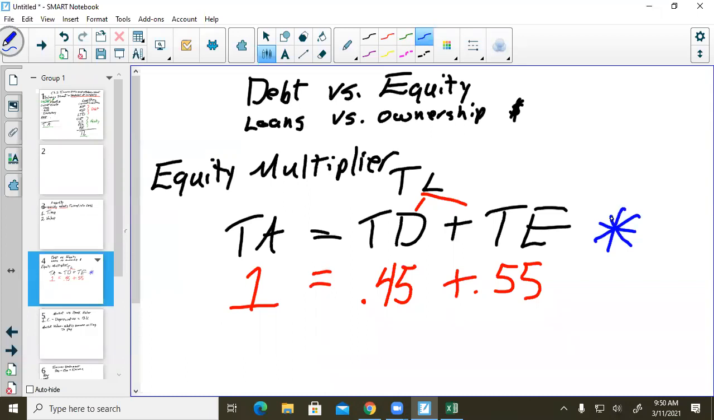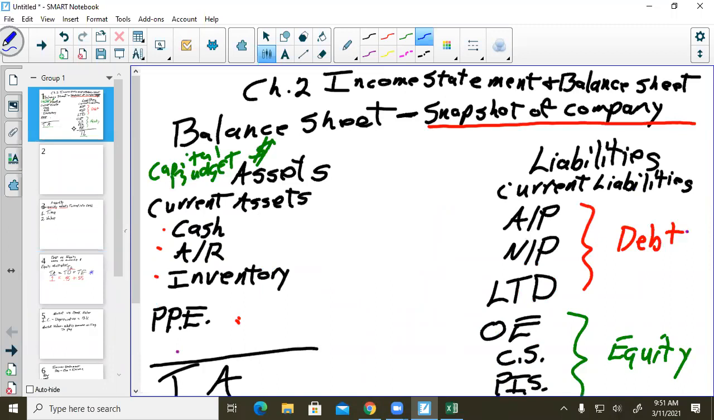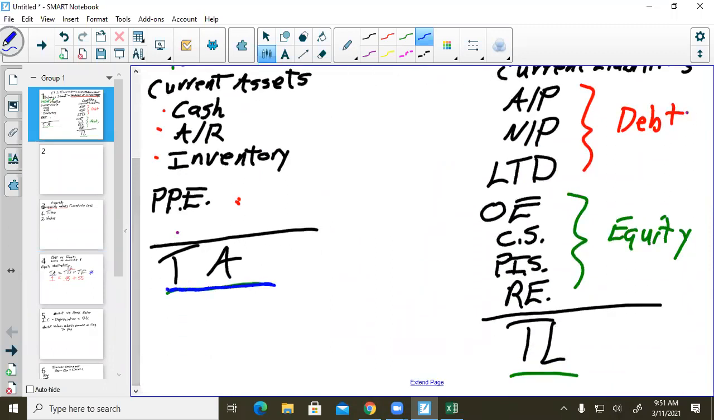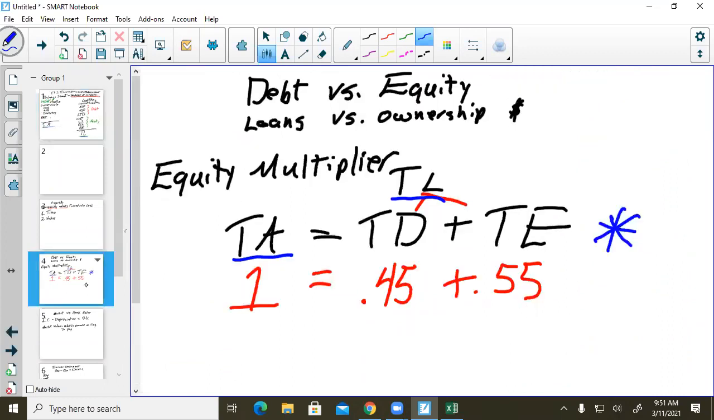Okay? And if you look at it, we have total assets equals, look at our balance sheet, right? Total assets equals total liability. What's my liability? Debt and equity. So if I look back at this equation, total assets equals total debt plus total equity. That's my total liability side, okay? Now,